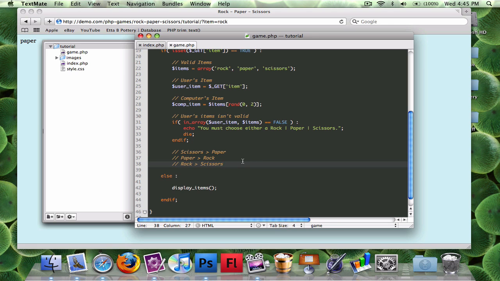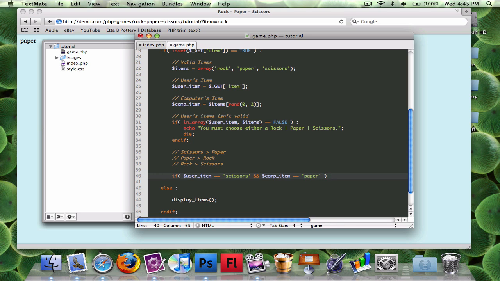Okay, so basically, if user item is equal to scissors and the computer player item is equal to paper, then the user wins. So let's just write that out. So if user item is equal to scissors and the computer player item is equal to paper,